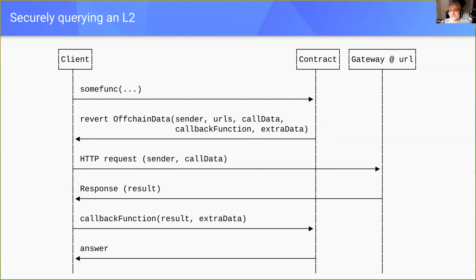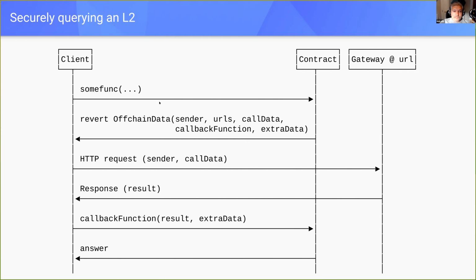So a concrete example probably helps here, and here's my ASCII-tastic process diagram for this. We have three relevant entities here. The client is, for example, your wallet or your dapp or whatnot that wants to resolve an ENS name, for instance, or any other task that requires off-chain data. The contract is the smart contract on Ethereum L1 that it was originally trying to query. And the gateway is a service whose job it is to help the client and the contract fetch this off-chain data and return it in a way they can handle it.